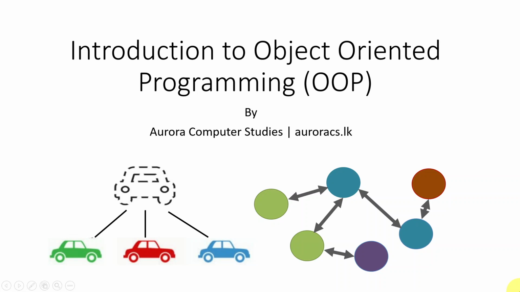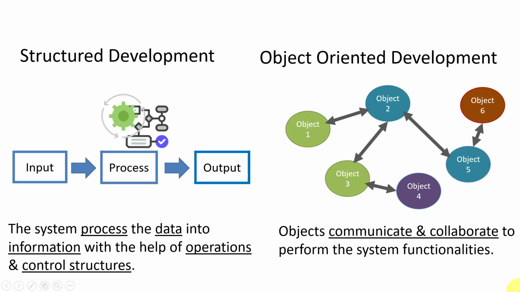In this session, we are going to look at the basics of object-oriented programming. There are two main approaches in software development, the structured approach and the object-oriented approach. So when it comes to the structured approach, we consider that the system processes the data into information with the help of operations and control structures. When it comes to the object-oriented approach, we look at the system as a set of objects that communicate and collaborate to achieve